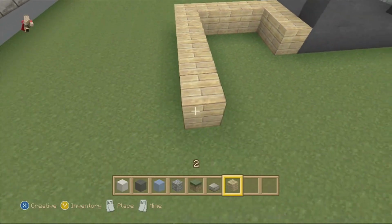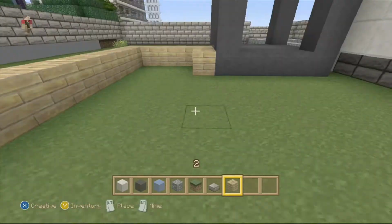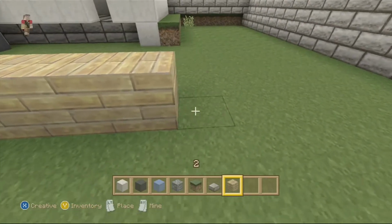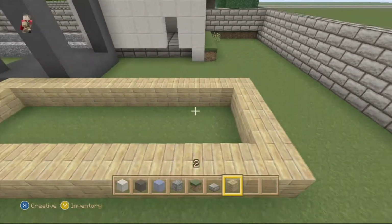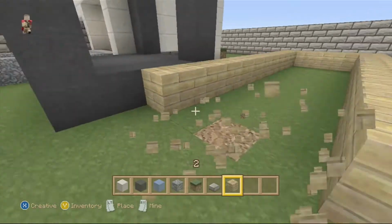3? Yeah, 3 will be good enough. And we're going to go and bring it back until we don't need to bring it back anymore. And that will be approximately past that. So right there. This will be the long side of the house. I should probably go ahead and extend this a little bit more so that it is actually the long side